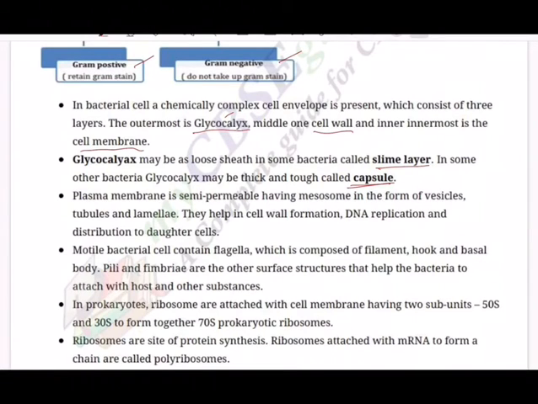Plasma membrane is a semi-permeable membrane having mesosome in the form of vesicles, tubules and lamellae, long tubes. They help in cell wall formation, DNA replication and distribution to daughter cells. A motile bacterial cell, motile means movement, contains flagella, which is composed of a filament, hook and basal body. Remember that 9+2 structure. Pili and fimbriae are the other surface structures that help bacteria to attach to the host